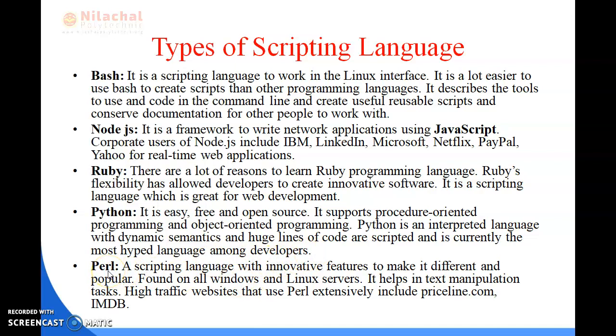Next is Perl, a scripting language with innovative features to make it different and popular. It is found on all Windows and Linux servers. It helps in text manipulation tasks. High traffic websites that use Perl extensively include Priceline.com and IMDb.